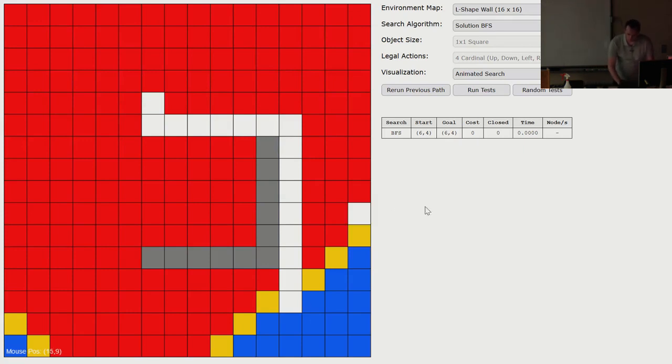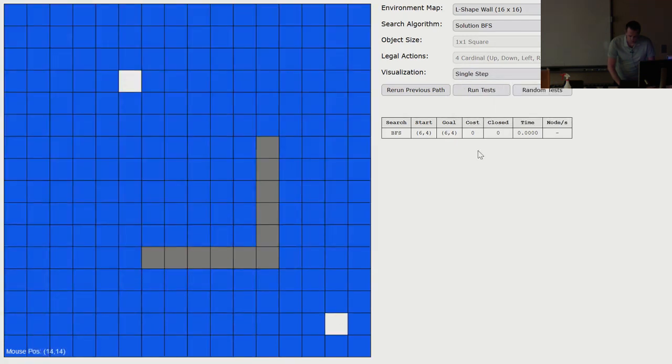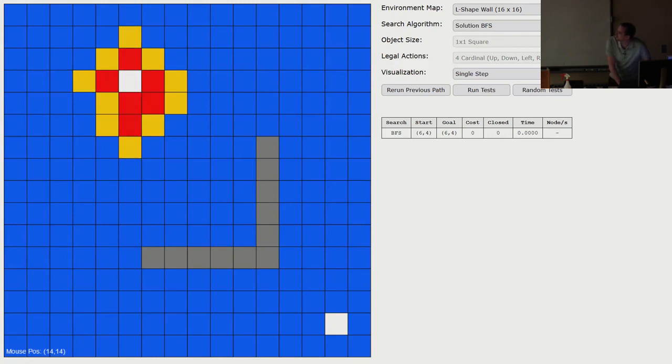So if you really want to debug your code, you can choose single step. Now let me choose a start and a goal. And then down here, I can click the single step button, and I can go through and see if all of a sudden I start having red states appear down here, or yellow states appear that are not attached to the red. Then this is just a really good debugging visualization to help you debug your assignment. And it also looks kind of cool